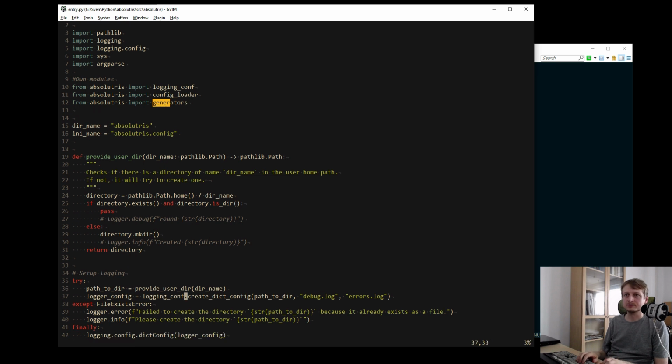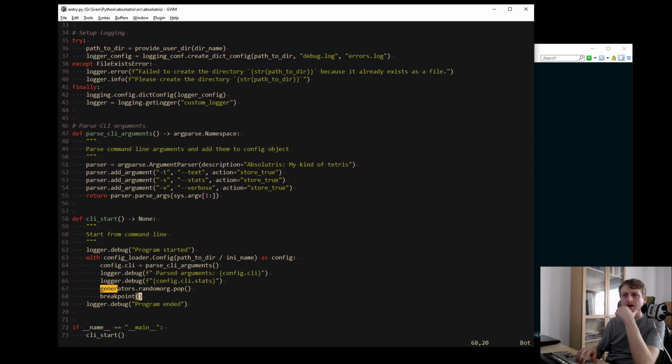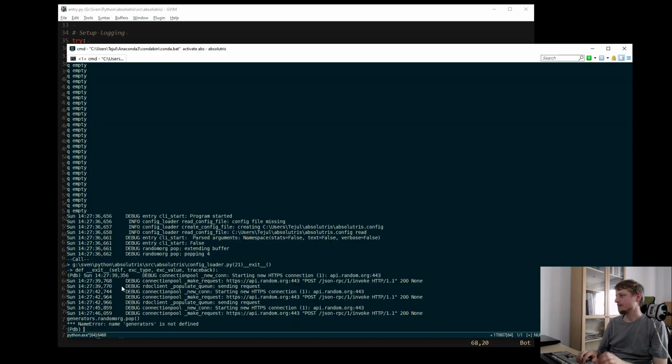From absolutris import generators. So why does it not find generators? This is awkward.